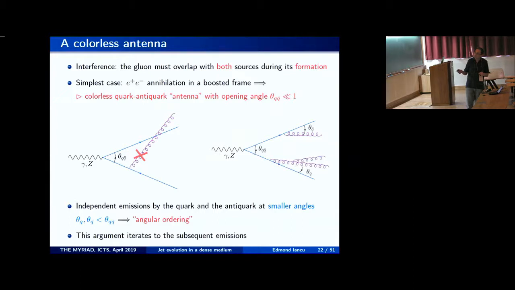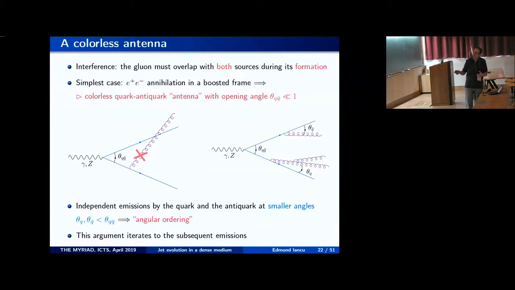For instance, if I go to one more emission, this emission angle here should be smaller than that one. So it's very simple. Instead of there being quantum interferences, where we should compute amplitudes and take the modulus squared, you can forget about that. We just compute classical branching processes as if there were no amplitudes, but just probabilities. But we take care to allow only for emissions in which the emission angles are strictly decreasing. Because we know that the would-be large angle emissions are in effect forbidden by the interference effect. Once we understand the effect of the interferences, we can effectively take them into account to restrict the phase space for